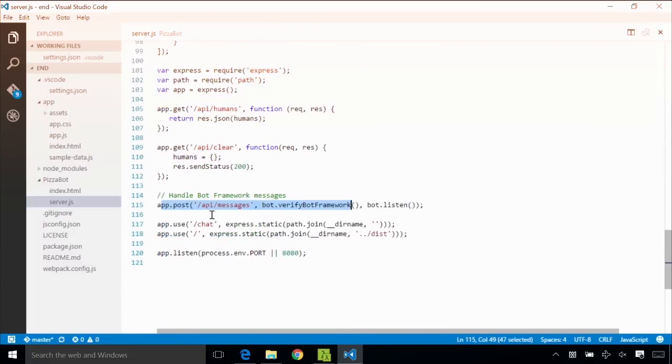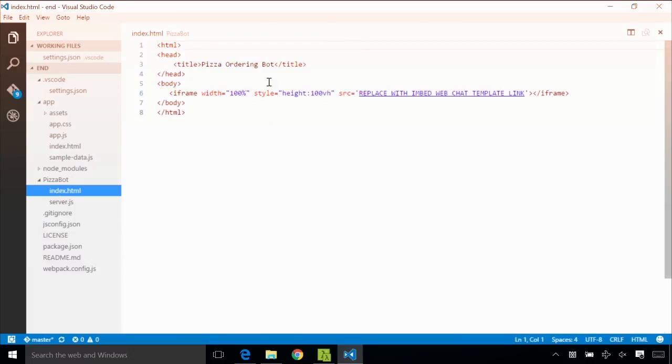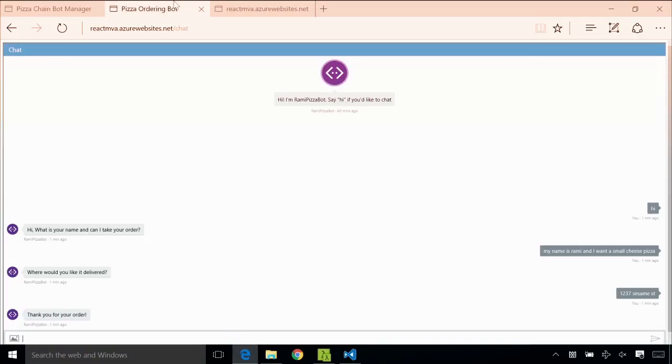Okay. Right, and the next thing we're going to do is serve this on the /chat static directory, and in this case, it's the current directory, so the pizza bot directory, and that's where you get the index.html that basically takes the web chat template as an iframe, and if you want to get that web chat template, you got to go back to the pizza,